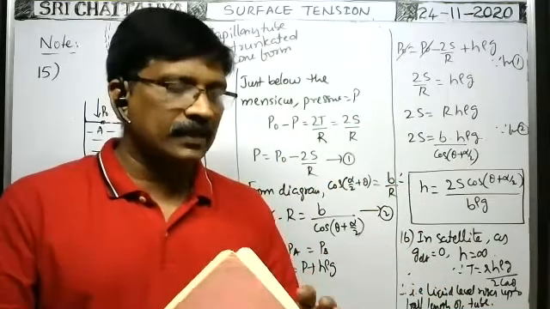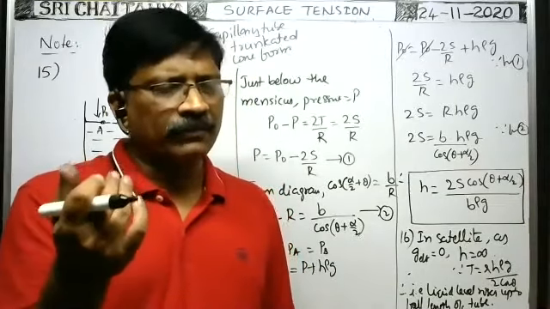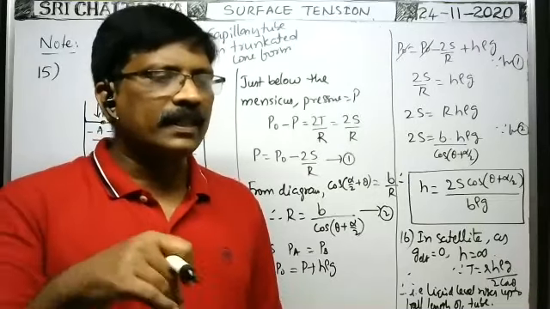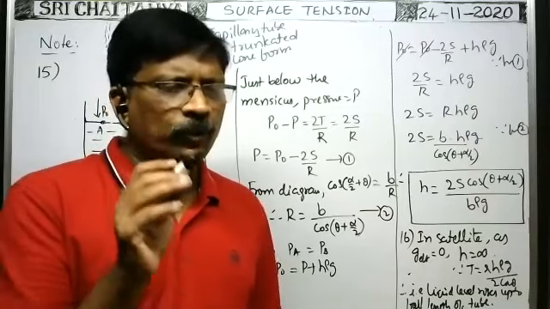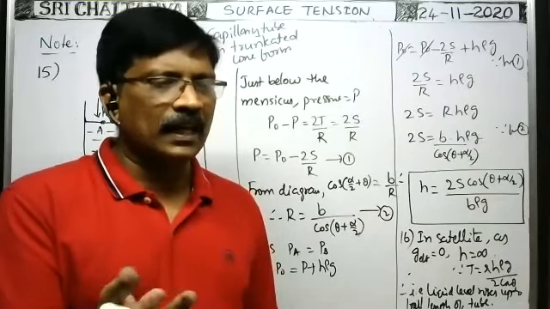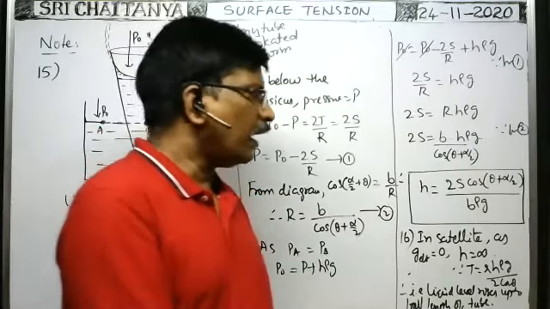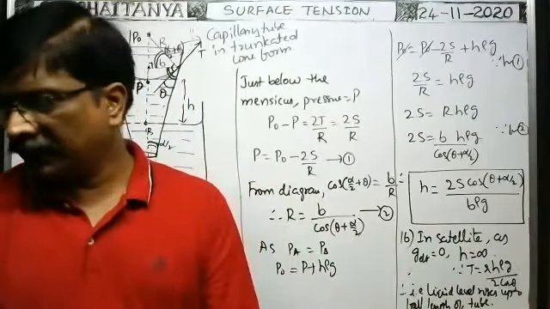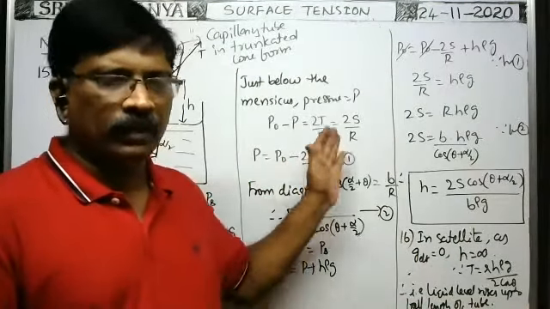Sometimes they may ask, if the radius of the earth is doubled or shrinks so that the radius becomes half, then what is the capillary rise? Like that they may ask. In such cases, when the radius expands or shrinks, you find the effective acceleration due to gravity and substitute there. Then we can calculate what the capillary rise will be. Okay, these are the surface tension capillary rise phenomena note points.